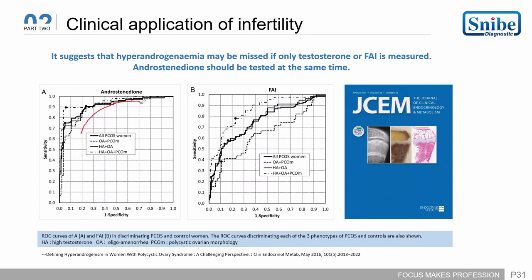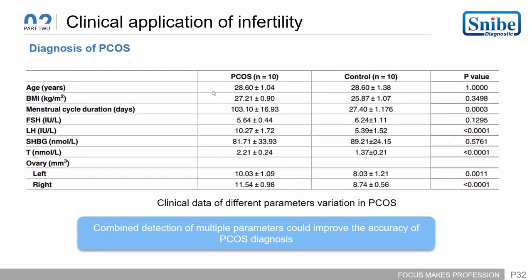you can see here the androstenedione levels with the sensitivity and specificity as compared to the free androgen index. That's the ROC curve of A, and the discrimination of PCOS and the control women. The curves discriminating each of the 3 phenotypes of PCOS and controls are also shown, with the high testosterone level, oligoamenorrhea and the polycystic ovarian morphology. So on the basis of these 3 different diagnoses, these tests are evaluated with androstenedione in conjunction with those different conditions to rule out. So if we talk about the clinical application